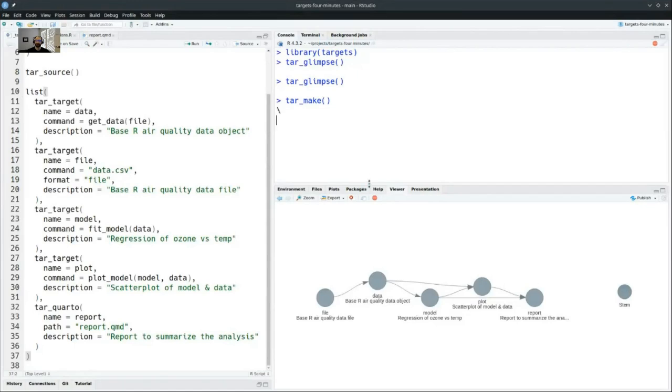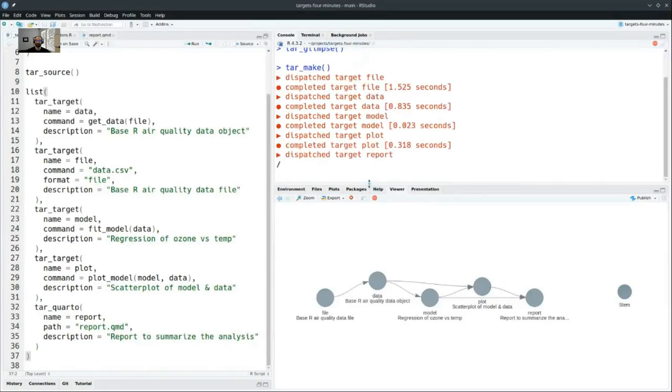Okay. And right now it's spinning up the background reproducible process to isolate the pipeline environment from everything else. And it's running the file first, and then the data, and then the model, and so on. And this is what all the table setting led up to at this point.